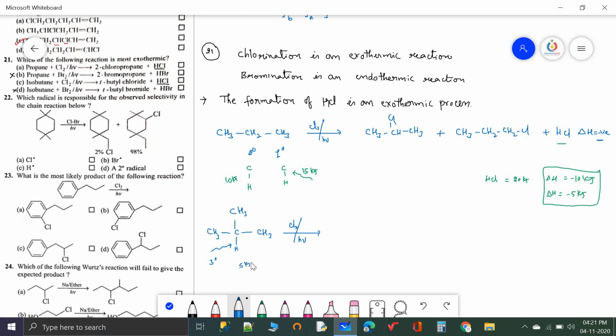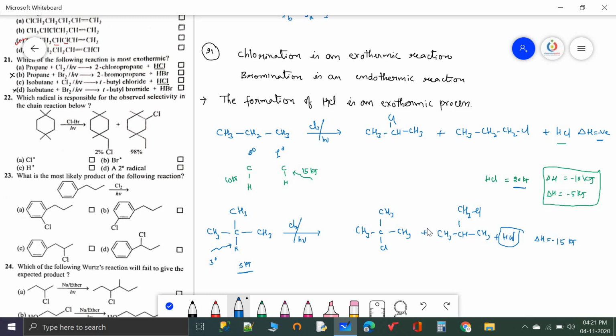Hence in this particular case, imagine the amount of energy required to break this particular bond is just 5 kilojoules. Then how much energy can you expect in this process? After the removal of this hydrogen, we get two different molecules, but I am going to write down only one, CH2Cl and CH3, plus HCl. Here also HCl is formed. Formation of HCl, what we expected, releases 20 kilojoules of energy. Here 5 kilojoules of energy is absorbed, so the remaining energy is released, that is 15 kilojoules of energy is released.